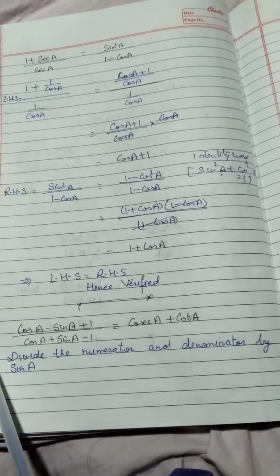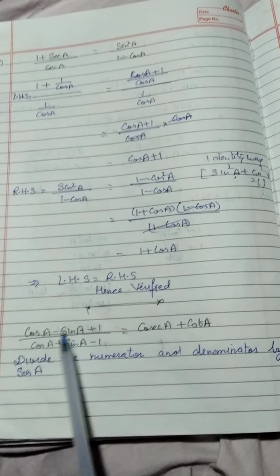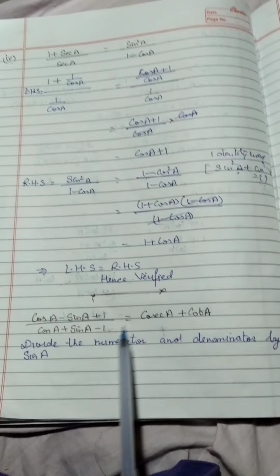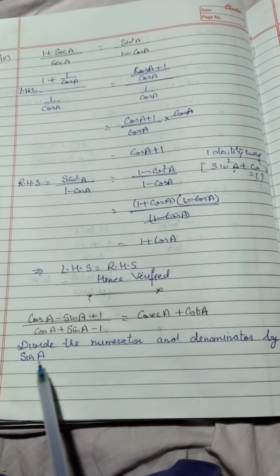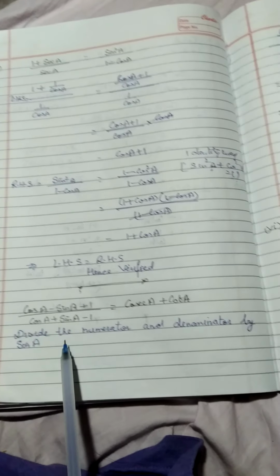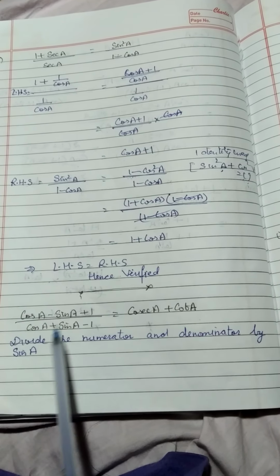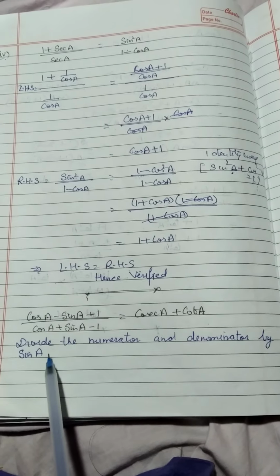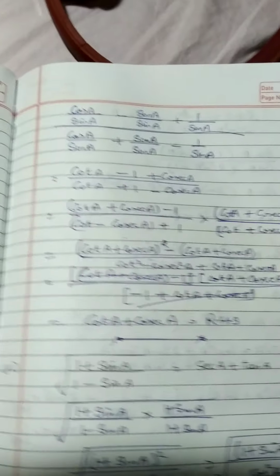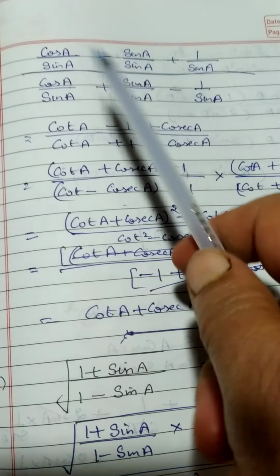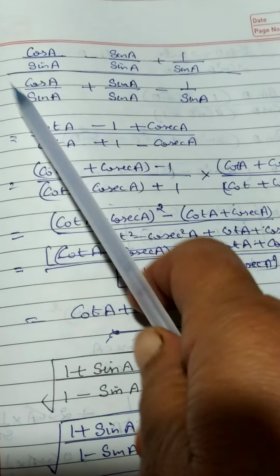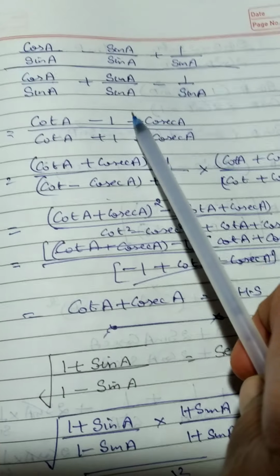Then the next part is question number 5, fifth part. (Cos a minus sin a plus 1) upon (cos a plus sin a minus 1) is equal to cosecant a plus cot a. Now divide the numerator and denominator by sin a on the left hand side. Here in the left hand side we have divided the numerator and denominator by sin a. Now on dividing by sin a, we get cos a upon sin a minus sin a upon sin a plus 1 upon sin a, upon cos a upon sin a plus sin a upon sin a